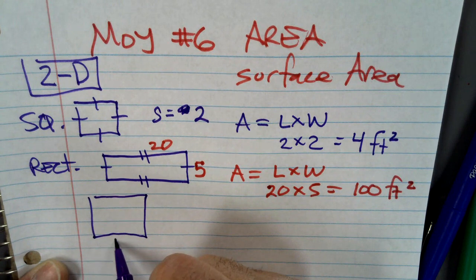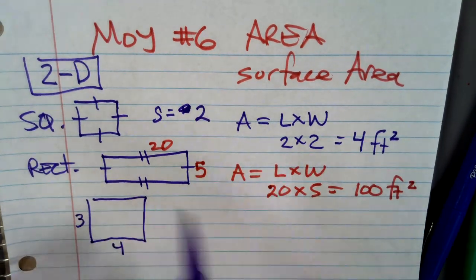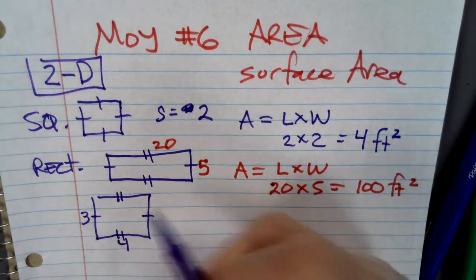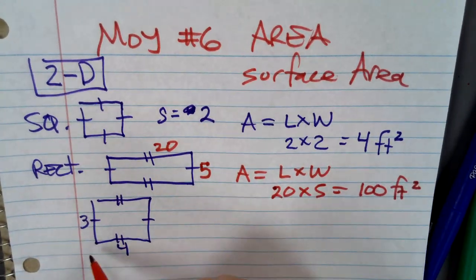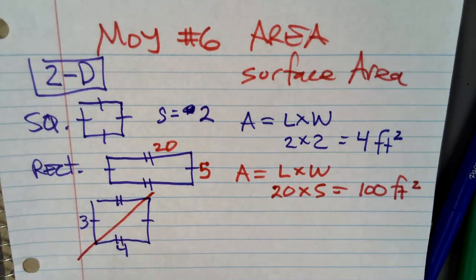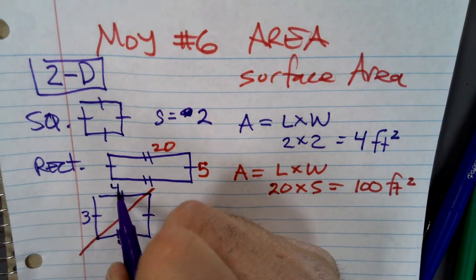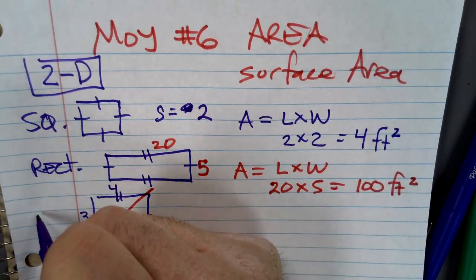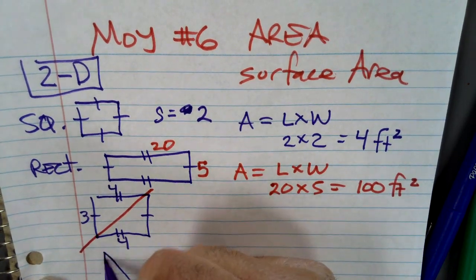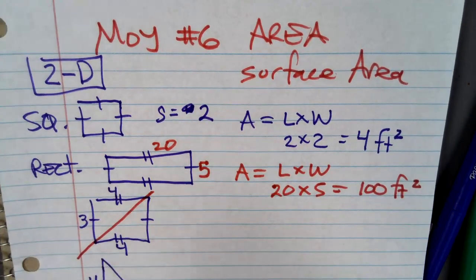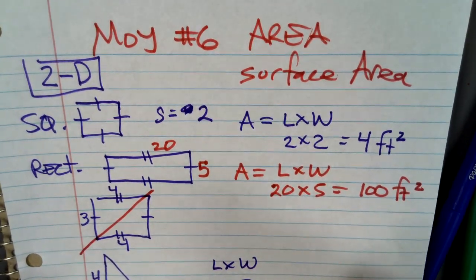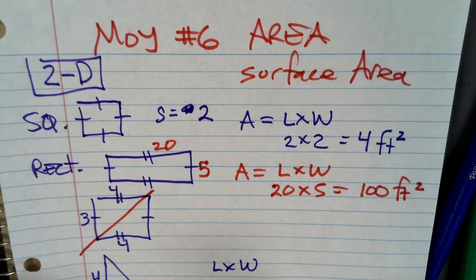Let's say this is 4 and this is 3. It's not quite a square. Let's pretend. 2 ticks, 1 tick. Okay. That's a rectangle. If I cut it in half, okay, I'm going to have 4 by 3 still. Okay. So if you did length times width, that's 4 times 3, but it can't be the same as a rectangle